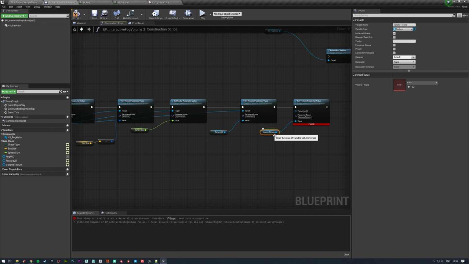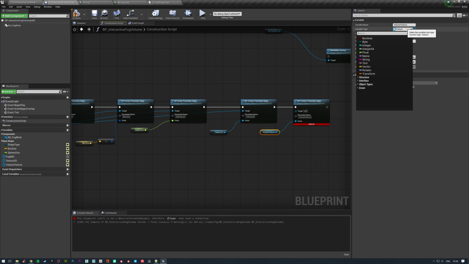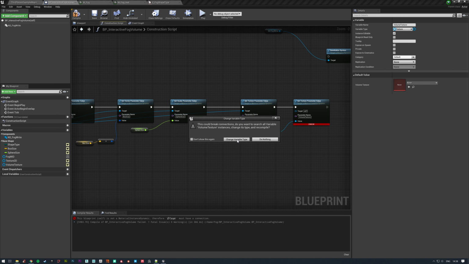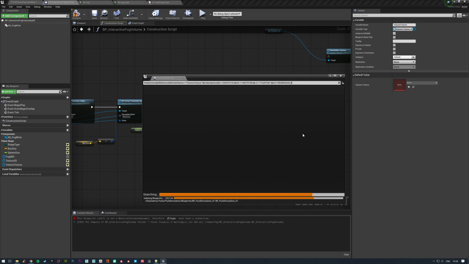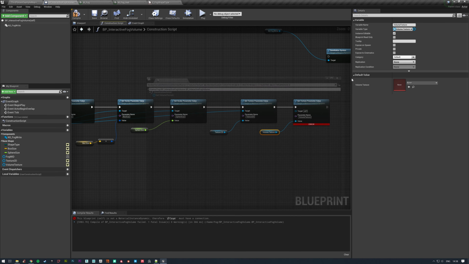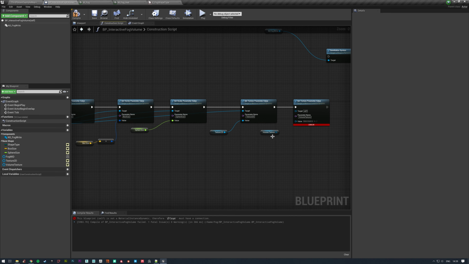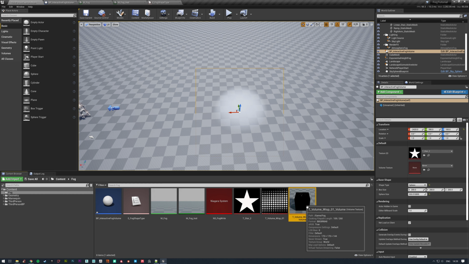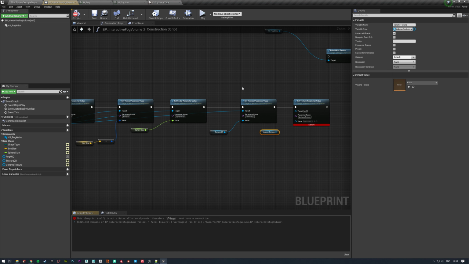And our volume texture, now this is expecting a texture 2D, I think. So we want a volume texture object reference instead. Change variable type. Okay, just unhook that for a second. And now we can select from our volume wisp, once we recompile, volume wisp, plug this into here, and make